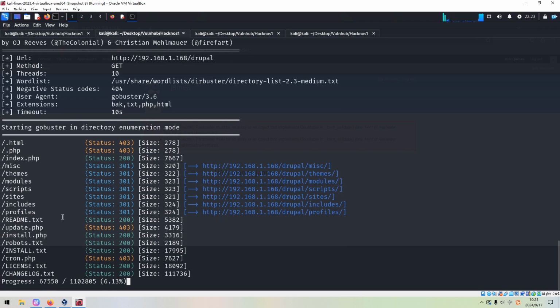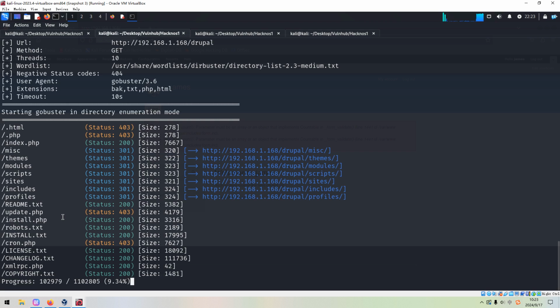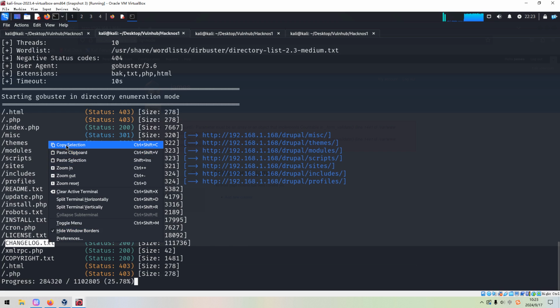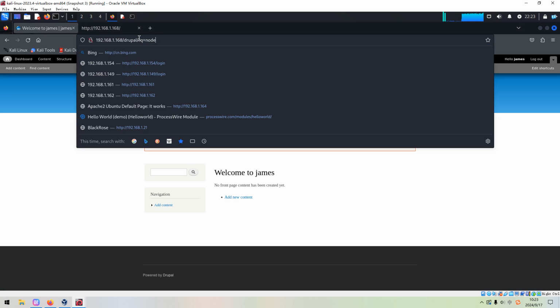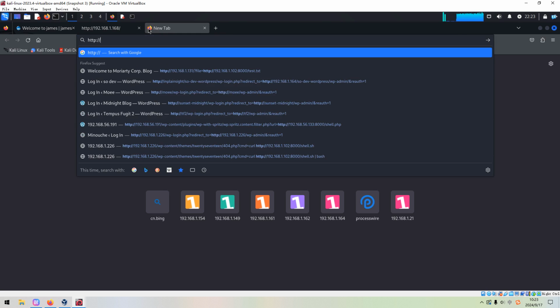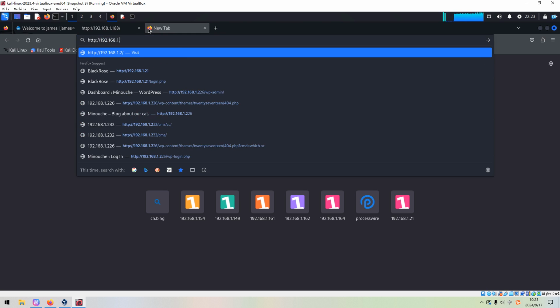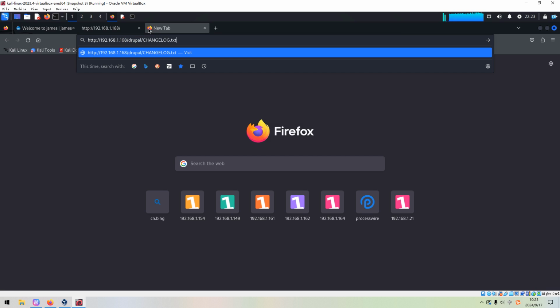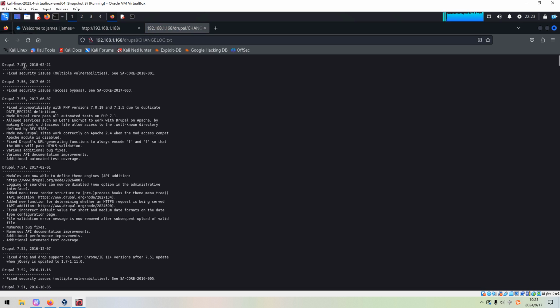I think all of them belong to the default Drupal installation directories, for example robots. And from this file, CHANGELOG, we can get something about the version, and maybe we can open up another tab and search Drupal, paste over here, and we can get the version.